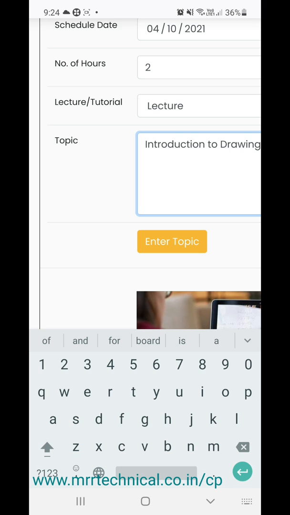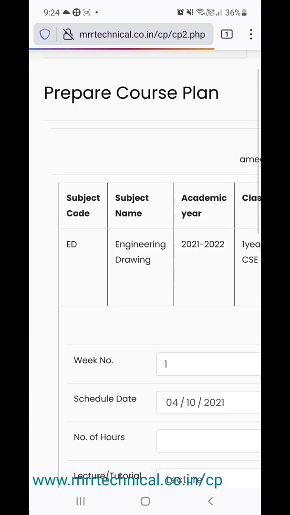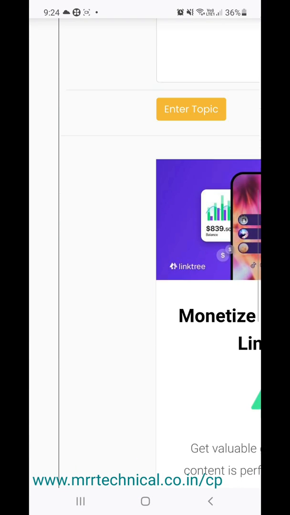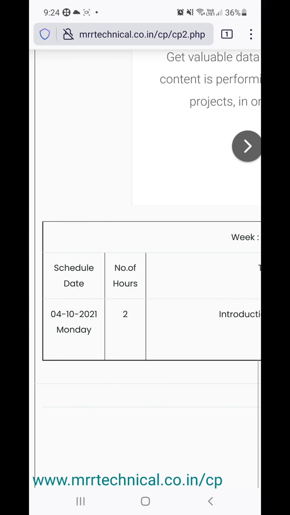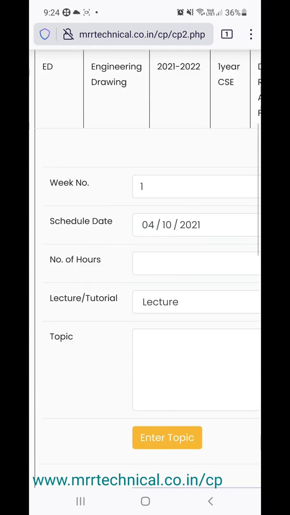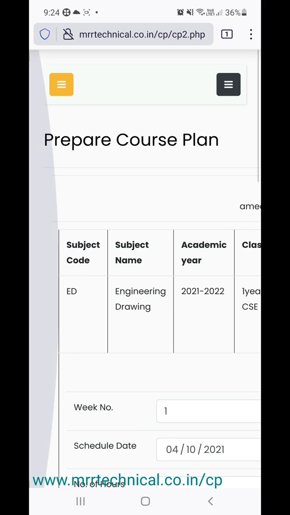Enter the topic, then that will be automatically added here. In week 1, whatever topic I'm going to cover on that particular day, in this way you can enter the total course plan.